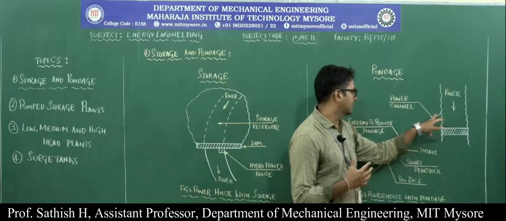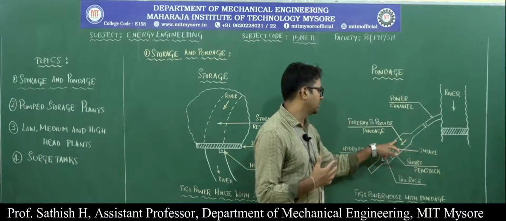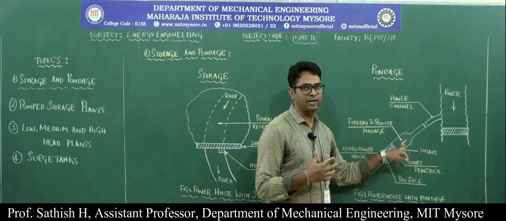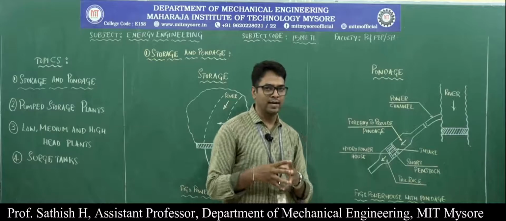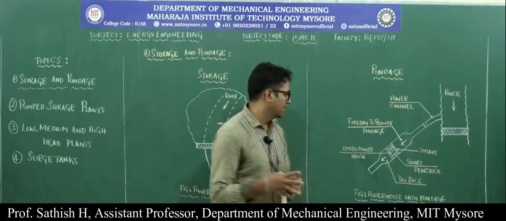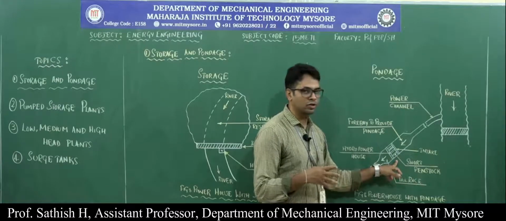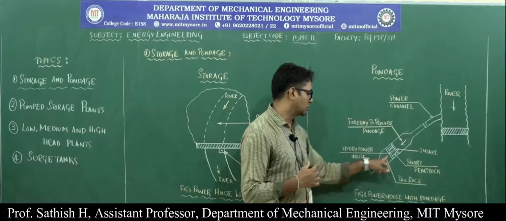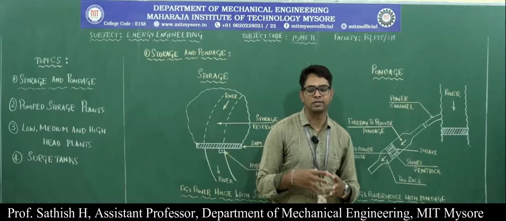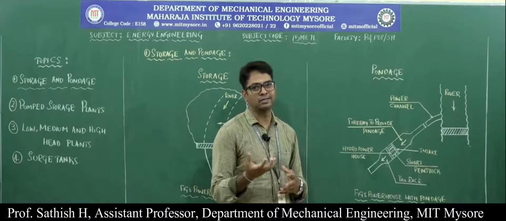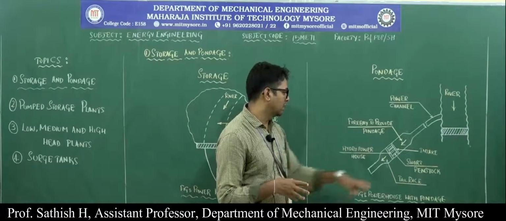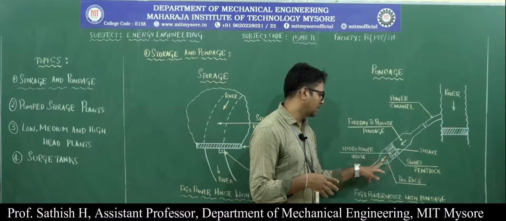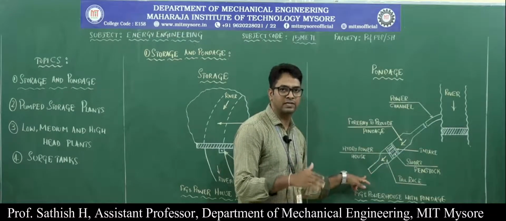The water is taken through this power channel and enters into the forebay to provide the pondage. This is the pondage which we have provided, and it will store a certain amount of water. Then we have penstocks through which the water is taken to the hydro powerhouse, next to the penstock, where the water works on the turbine and electricity is produced. After passing through the turbines, the water is released into the tail race, and it joins back into the river.